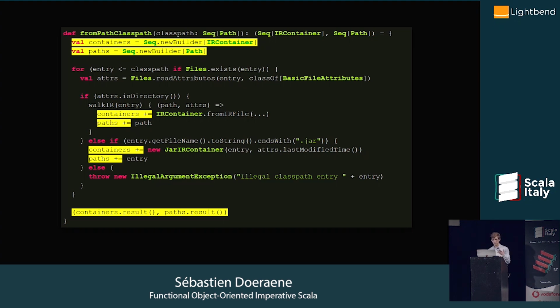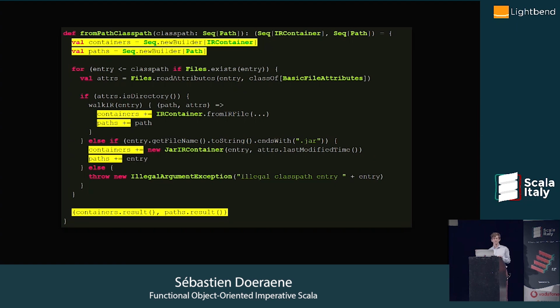In the end, I very much believe that the implementation with the builders is actually much easier to understand. Because if I have a directory, for each file inside the directory, I will have a result. And if I have a jar, the jar is a result. And at the end, I just return all my results.